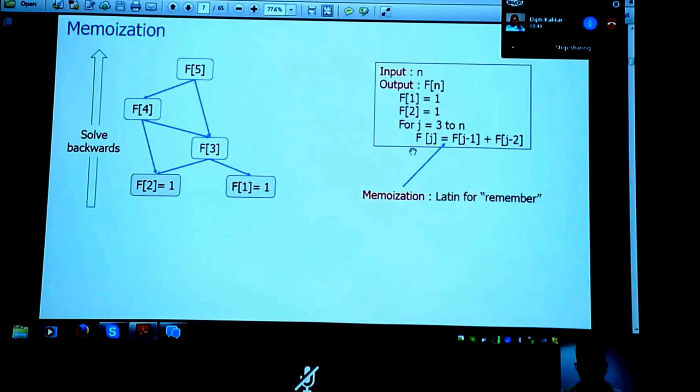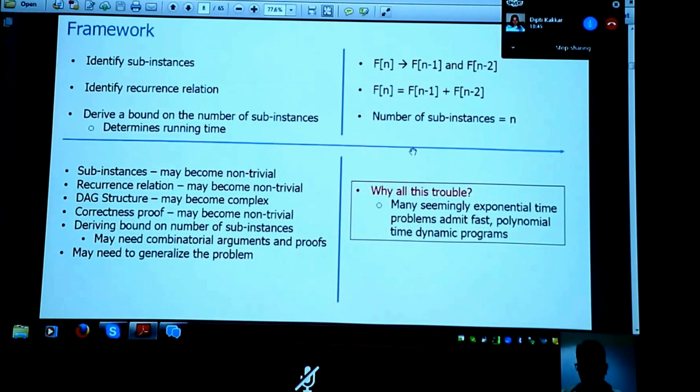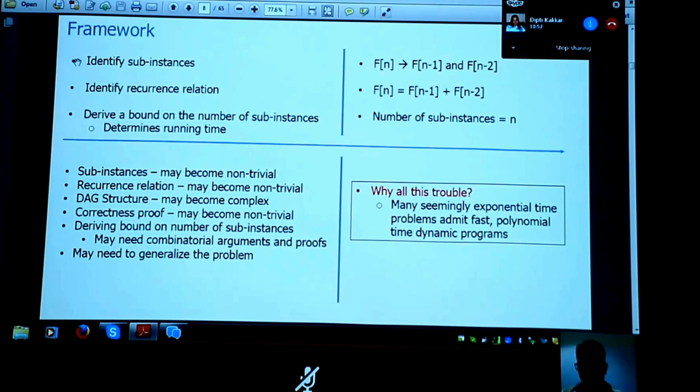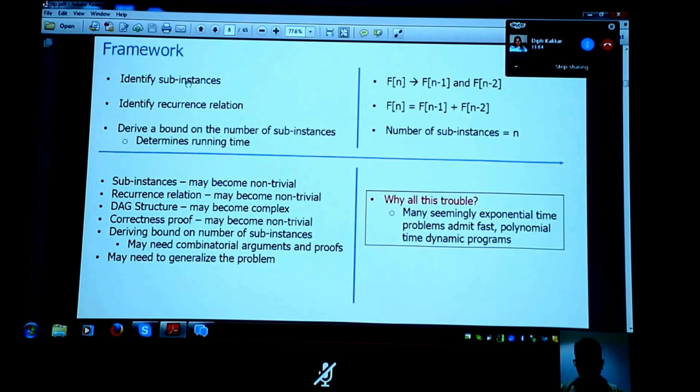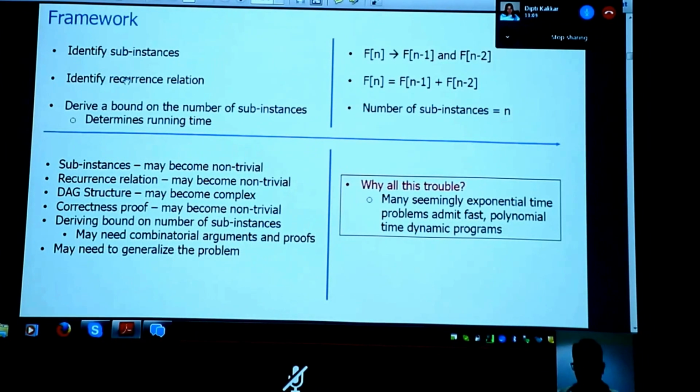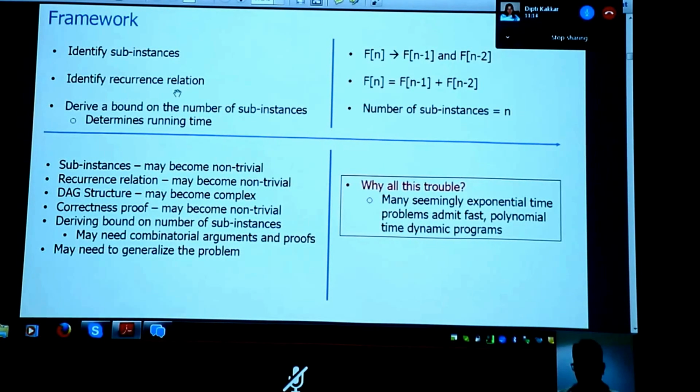Okay. All right. So this is the general framework of how a dynamic program will work. The first thing you do is identify the sub-instances. Given the bigger instance, you first want to know what the sub-instances are that you wish to solve, two or more. What are all these smaller problems? You need to know how to identify them. The second thing is, once you solve the sub-problems, how do you combine the solutions to derive the solution for the larger problem? That is a recurrence relation.